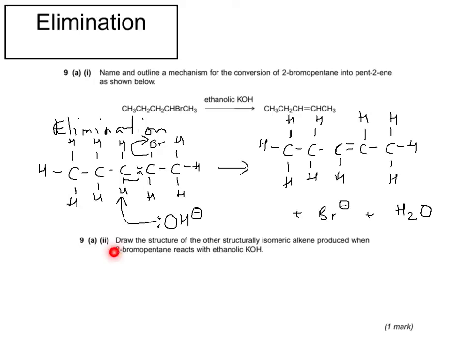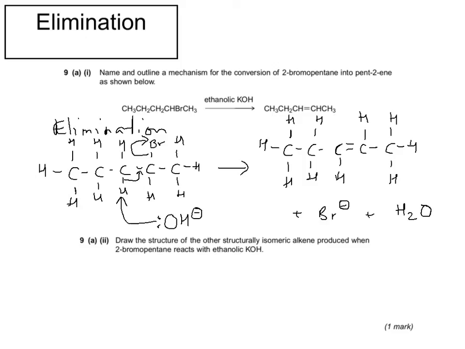It then says, draw the structure of the other structurally isomeric alkene produced when 2-bromopentane reacts with ethanolic KOH. So that's this reacting with this, and a different thing could be formed. Now remember, when we started the mechanism, I told you that either these hydrogens could be attacked by the OH-, or one of these three could be. And if one of these three was, then the double bond would end up here rather than here. And so your other